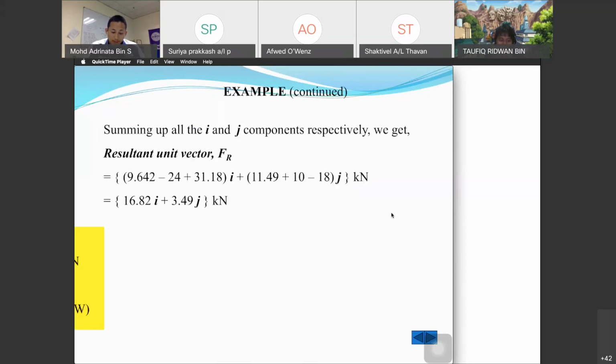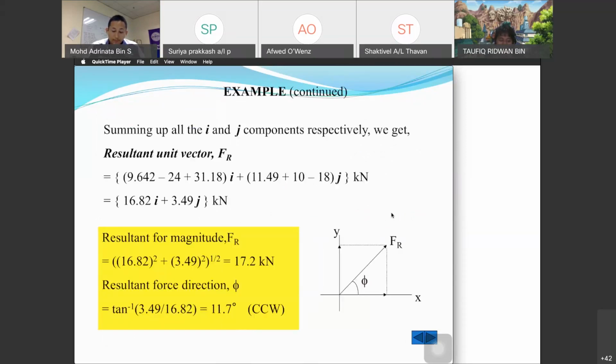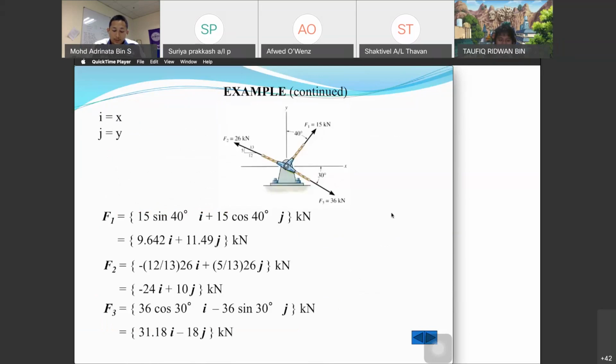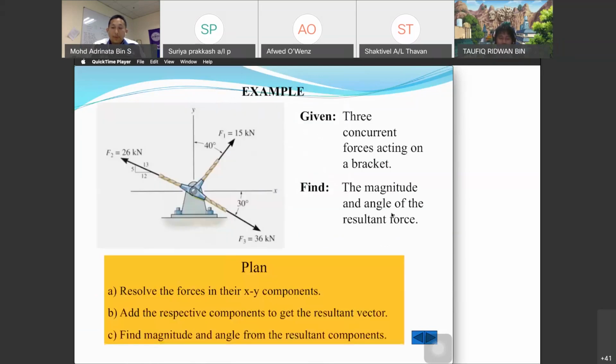Okay, so the answer is using i and j. So this is the resultant of x and y. Okay, so for